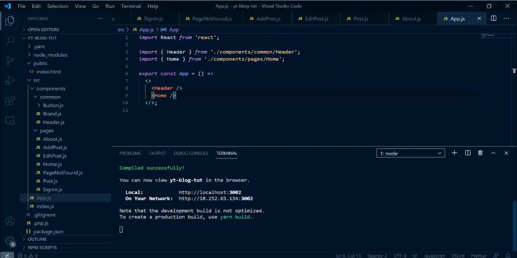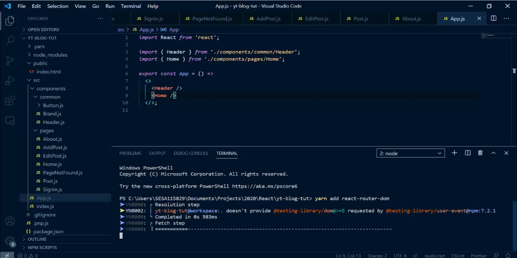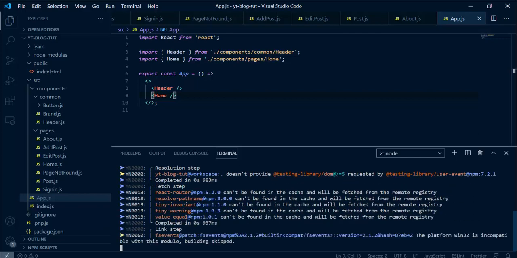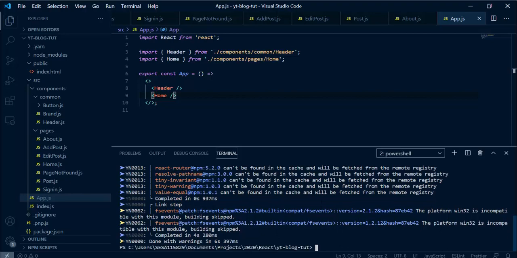All right, so to wrap this video up, we're going to add one more thing and then we'll wrap, and that's the React router. So we need to go ahead and add it to our project first. So I'm going to open new terminal. I'm going to say yarn add react-router-dom. And so what this is going to allow us to do is to add links. We're going to add routes and a switch, so it acts like a multi-page website, even though it's still a